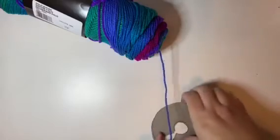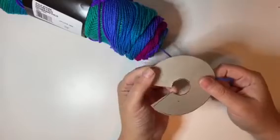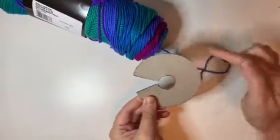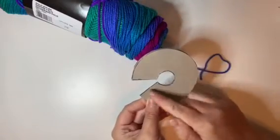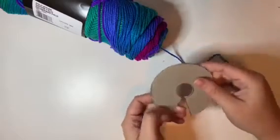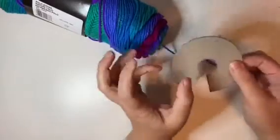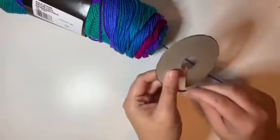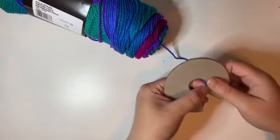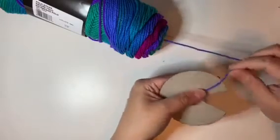Okay, so what I need to do is I need to start wrapping my circles, okay? So I'm gonna wrap all the way around until I get to this opening here. And I'm gonna wrap a few times over, probably 5 or 6 times, because I want a nice, fluffy, dense pom-pom. The more yarn you use and the more you wrap your little circle here, the denser and fluffier your